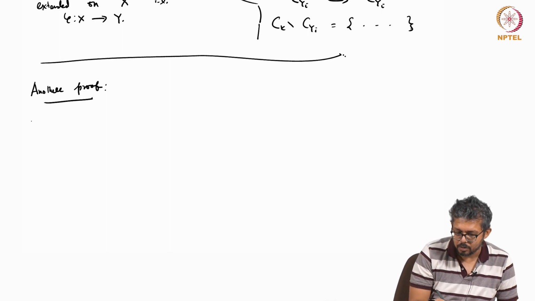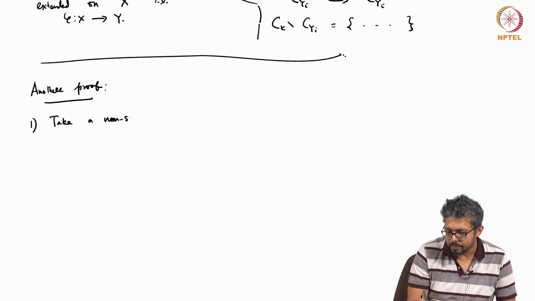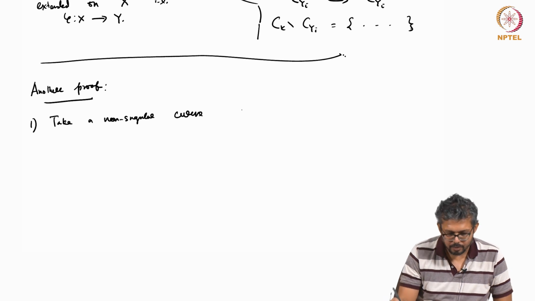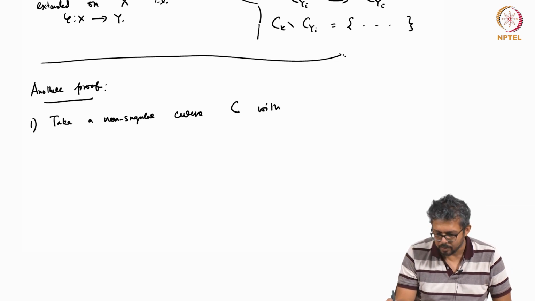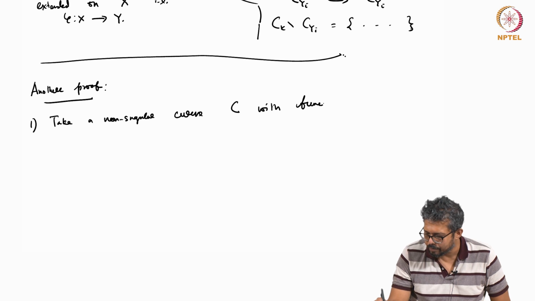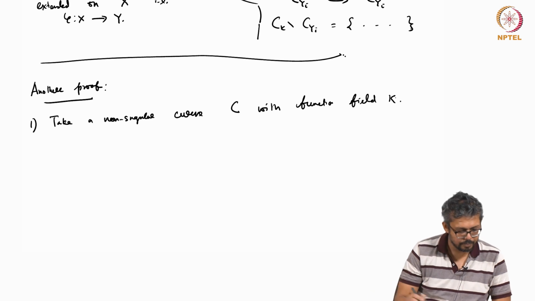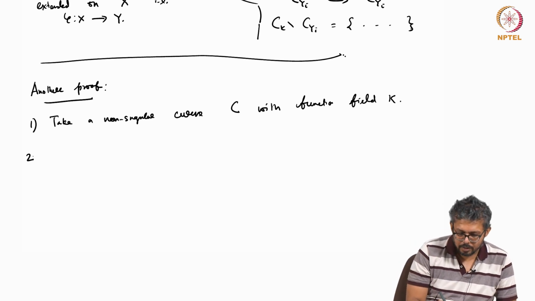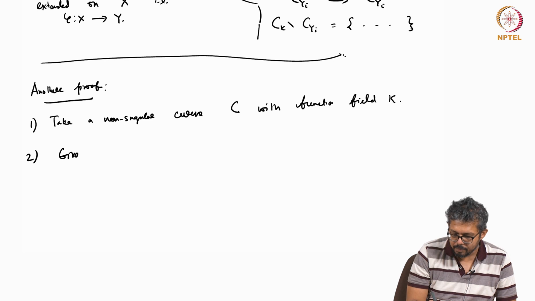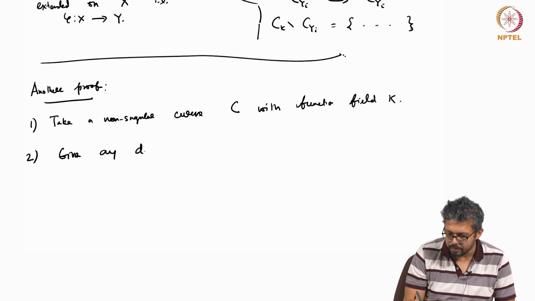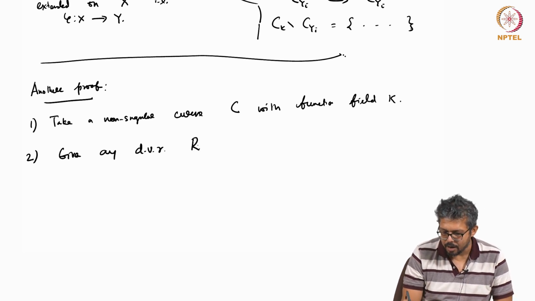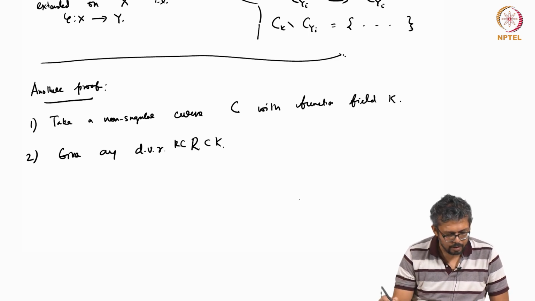So first take a non-singular curve C with function field K. Next step is that given any DVR R sitting inside K, there exists a non-singular curve